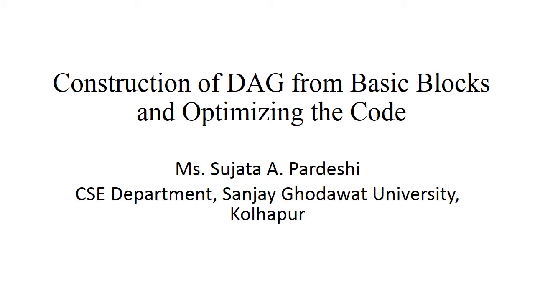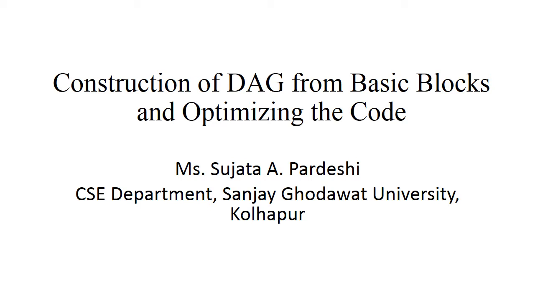In the first part, we learned the construction of the DAG for the given expression, in which we have a programming expression, and then we have to convert that programming expression into three address code, and then apply the rules of constructing the DAG. Now in this case, we are given the block, and in that particular block we have the three address code, and we have to construct the DAG. After constructing the DAG, the compiler uses that DAG to optimize the code.